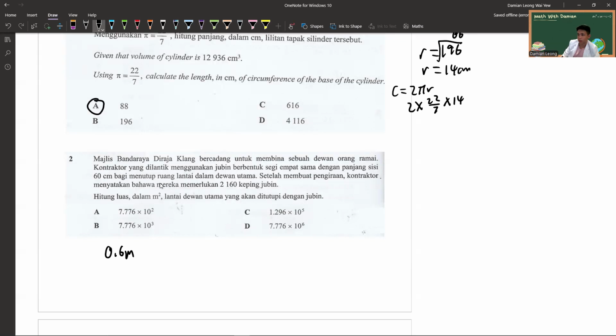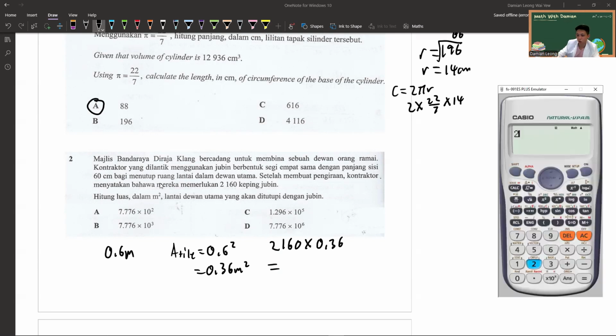Rather than using 60 cm and finding the area, then converting, it's better to convert from the length, 0.6 meters. So the area of one tile will be 0.6 square, which means 0.36 meters square. They want 2,160 pieces of tile, so I times 0.36. 2160 times 0.36, we will get